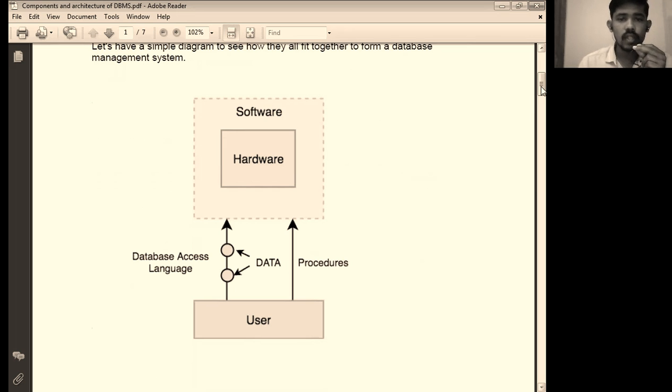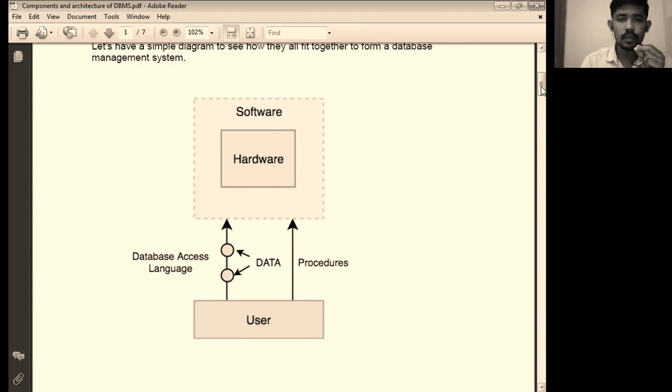First is hardware. Hardware means any physical device where we can store the data. Software is a program that can manage every operation on the database. The data access language is a language by which the user enters commands to interact with the database.